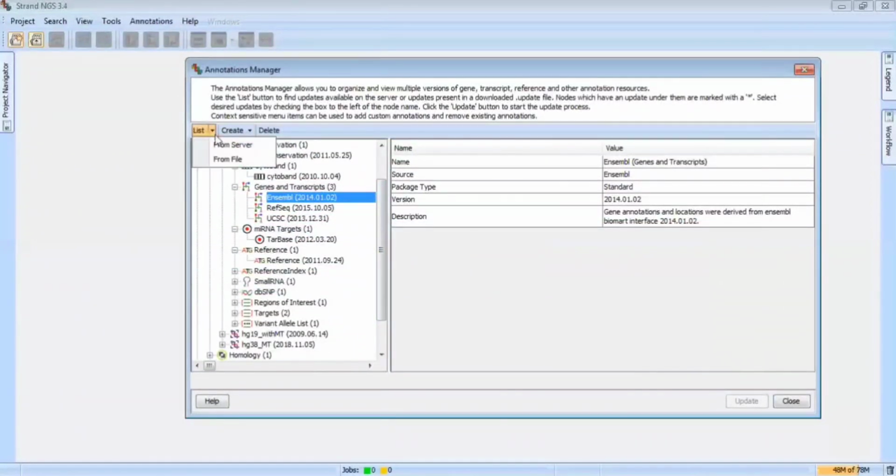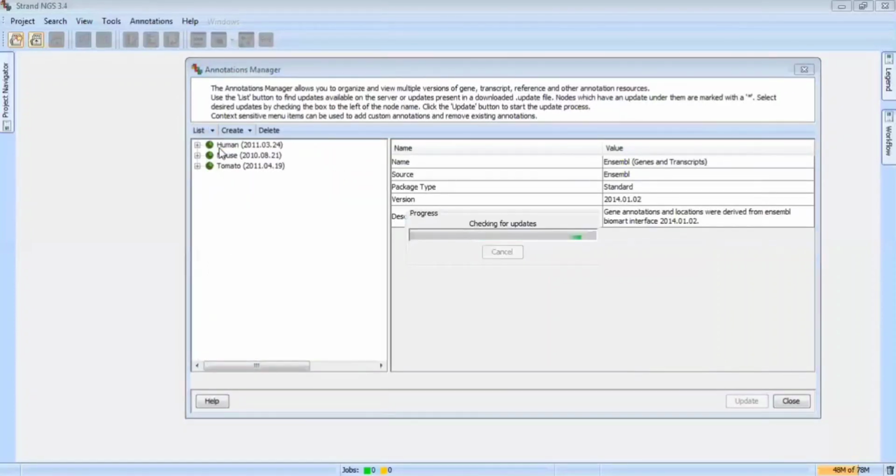Click on List or from the drop-down menu, From Server, to get a list of annotations that can be directly downloaded from the server. In Strand NGS, the time-consuming task of gathering annotations for data analysis is solved by our Annotations Manager. It contains an extensive list of annotations for standard organisms, some with multiple builds, gathered from various public